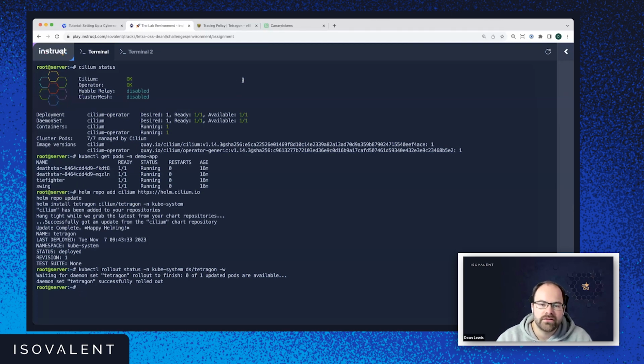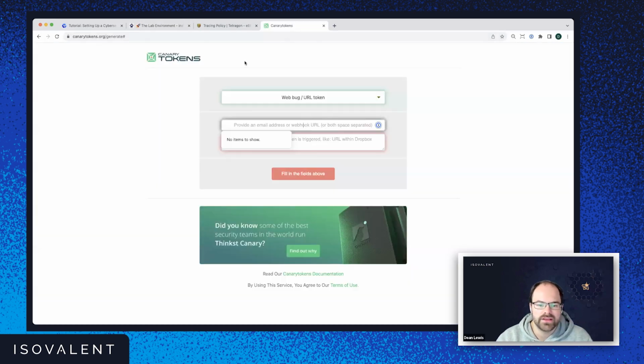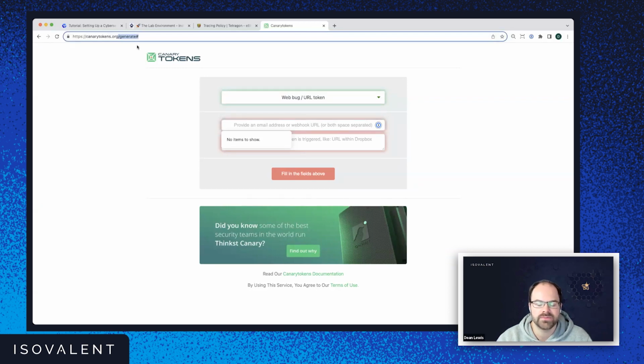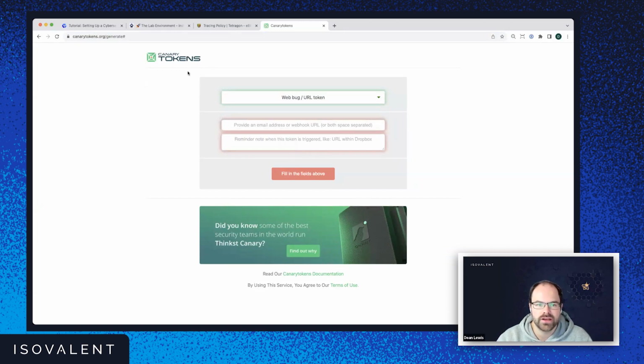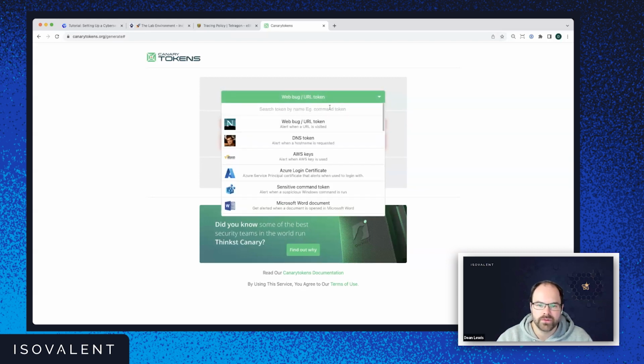So Canary tokens were created by a company called Thinkst, and Thinkst have actually created this free website called canarytokens.org, and it'll take you to the generate page by default, and then you can generate a canary token that you can use free of charge. So we've got a number of them available today. We're just going to use the URL token because we're just going to call to that URL when we've triggered